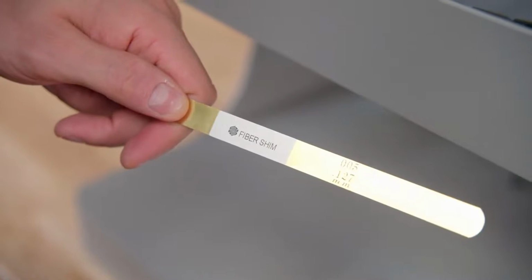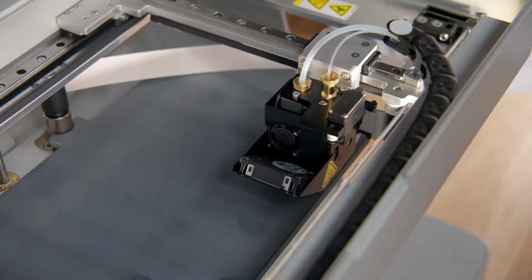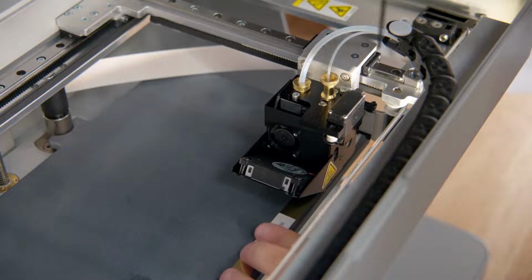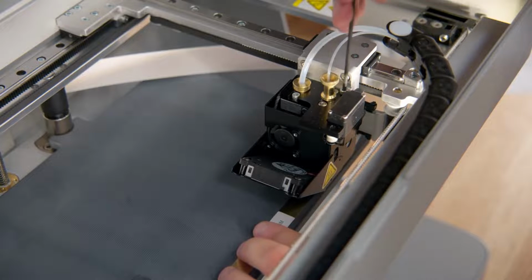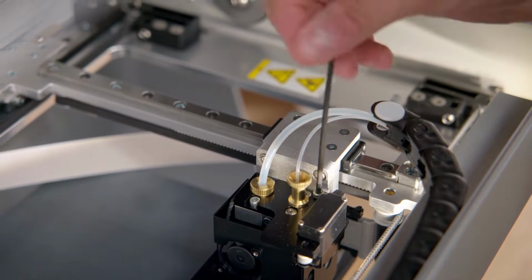Here, you'll need the brass shim labeled fiber shim and the 2.5mm hex key. The position of the fiber nozzle is determined by its adjustment screw on top of the printhead. Tighten the screw by turning it clockwise to lower the nozzle closer to the bed, or loosen it to raise